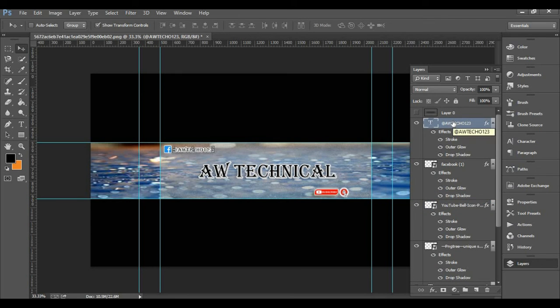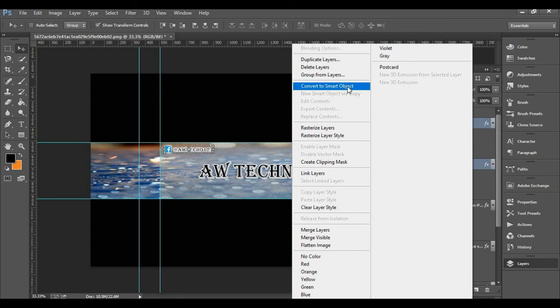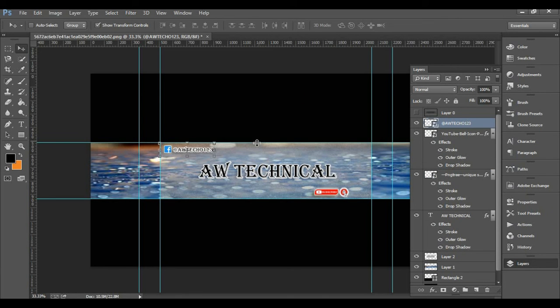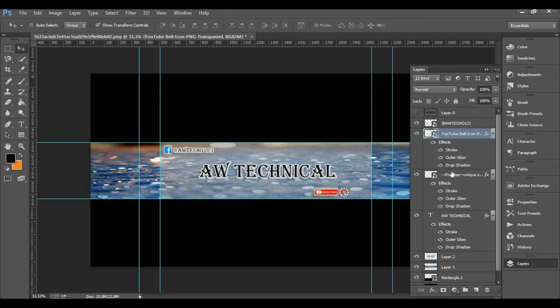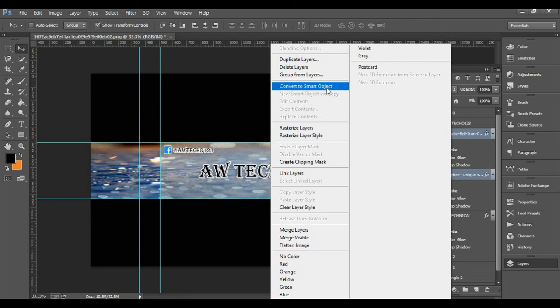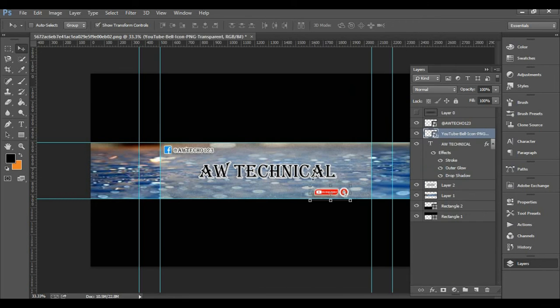Guys, the Facebook icon and the name of the page must be converted into a smart object, so you can easily change the size of both like this. Same here. The YouTube icon and button, convert them into a smart object. You can change the size easily.